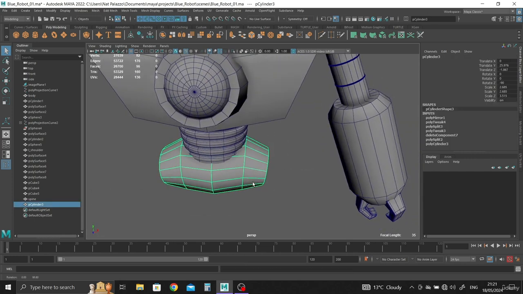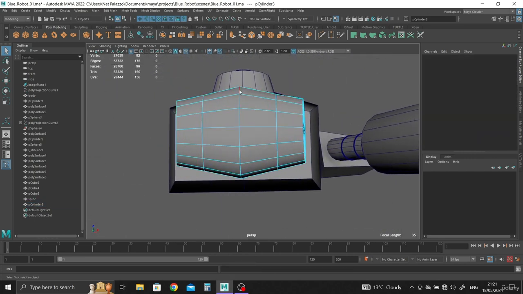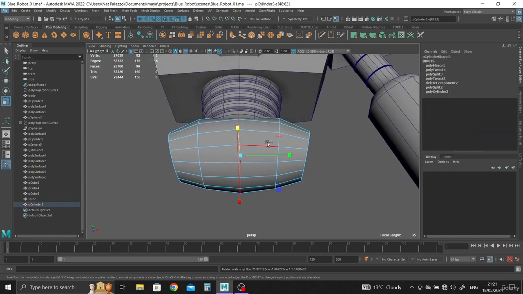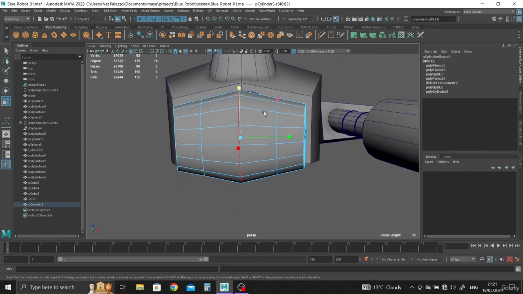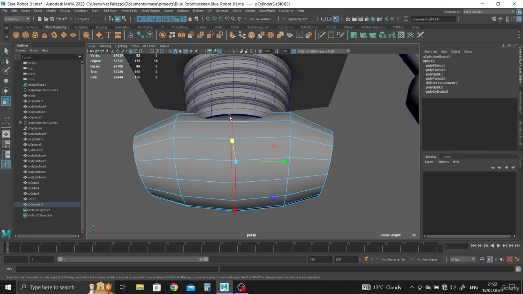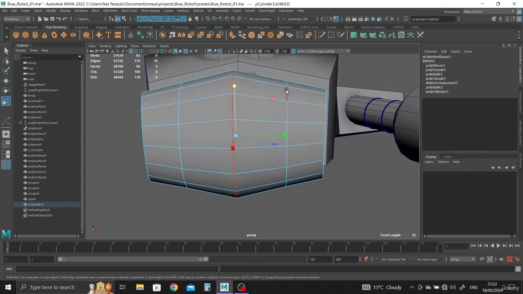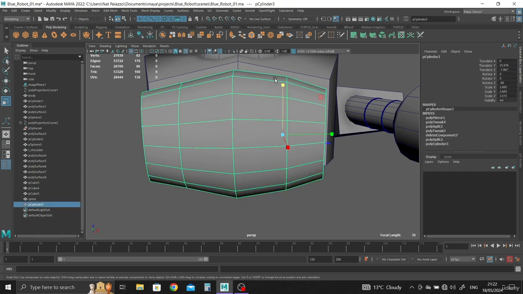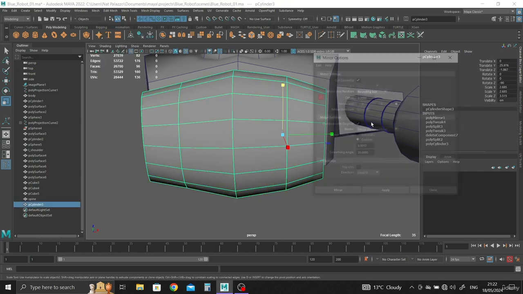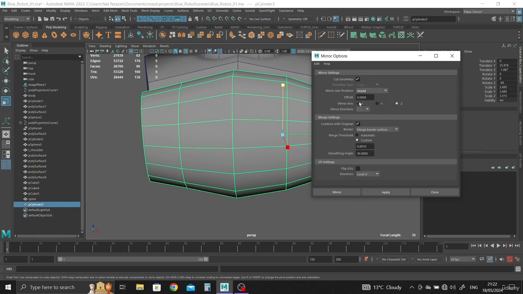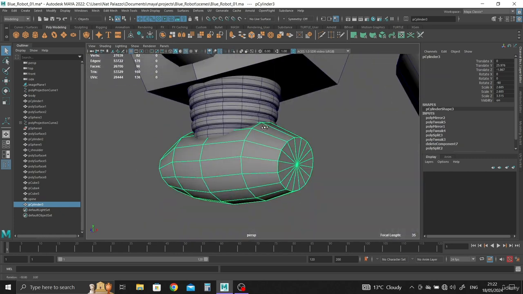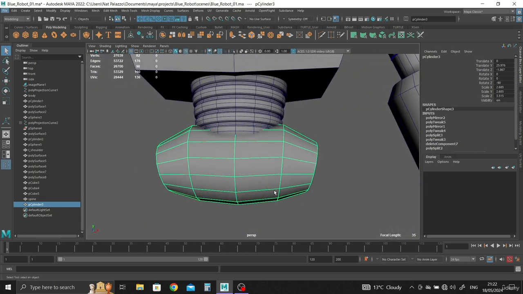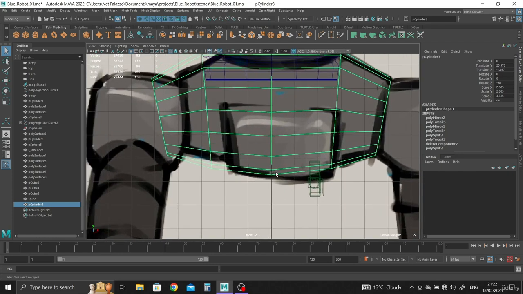Right, okay, so let's have a look. Let's just bring this in a bit more. No, I want to actually bring this out. You see, because bring it in, you're going to see the edge. You don't want to see the edge, so I'm going to just bring this out a bit more, and then mesh, mirror, world x minus mirror. Boom. There we go. Alright, so I've got that sorted out, and it's this kind of pouch thingy here that we